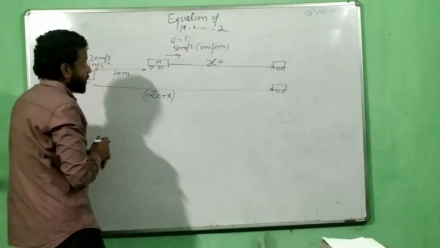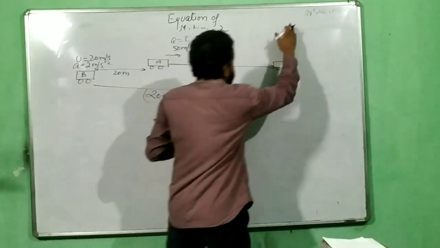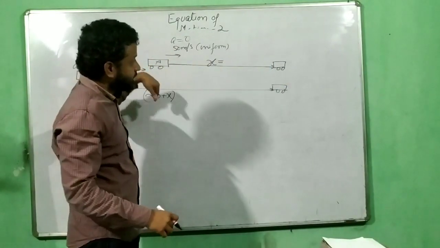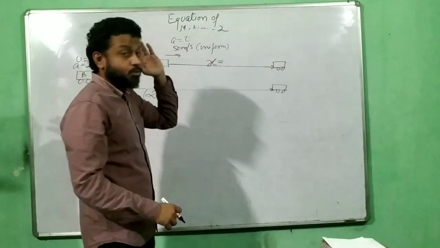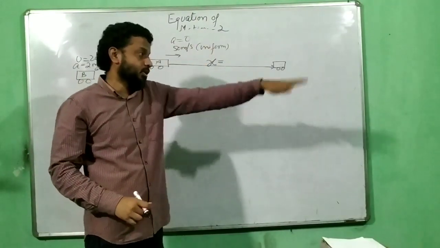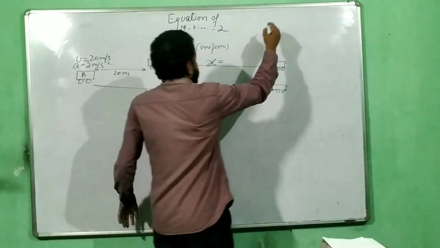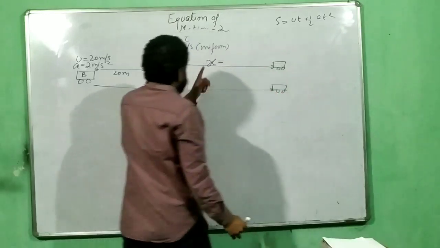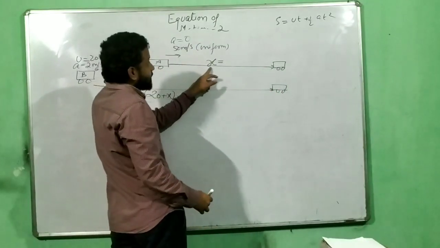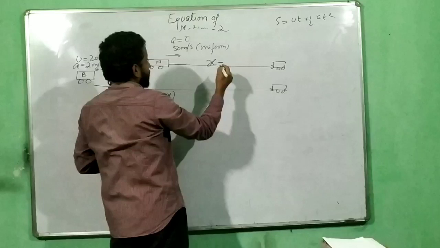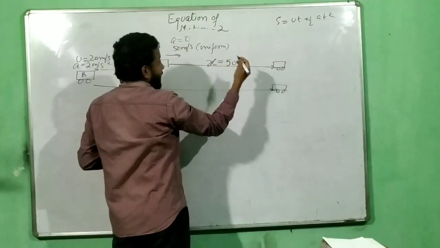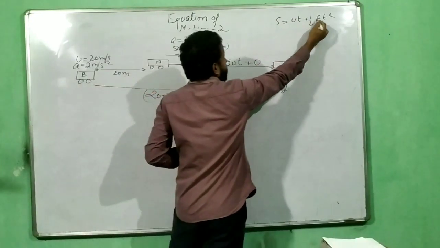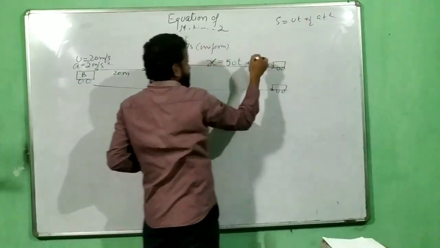Distance, when acceleration is not 0, always use this formula. Since it's moving in a straight path, your distance and displacement will remain the same, as I have told you earlier also. So if you remember this formula, s equals ut plus half at square, now you apply here for car A. Car A distance is x, so this is your x, initial velocity is 50 multiplied by time t. Acceleration term is 0. So half into 0 into t square, whatever it is, this whole thing becomes 0.